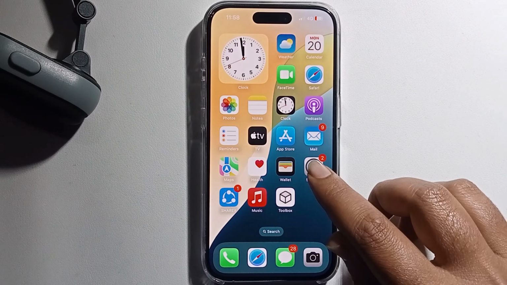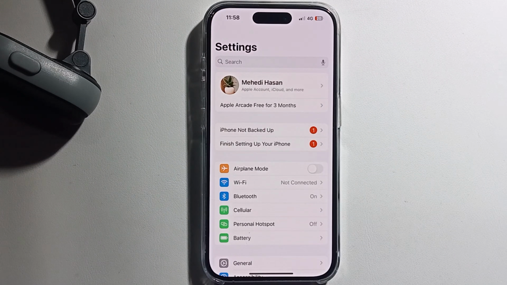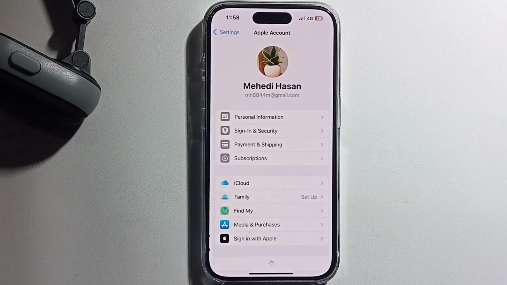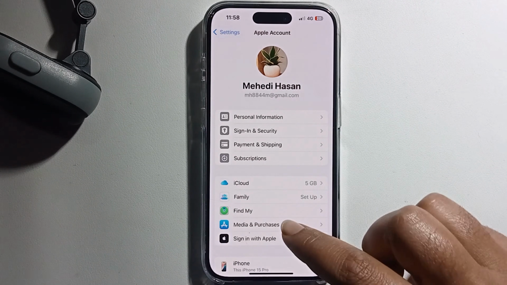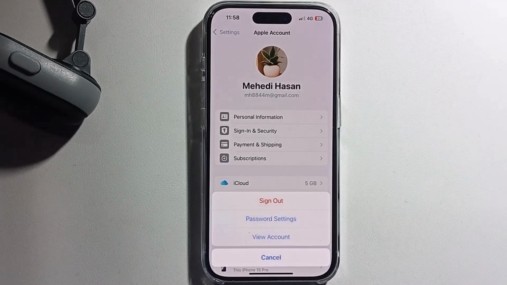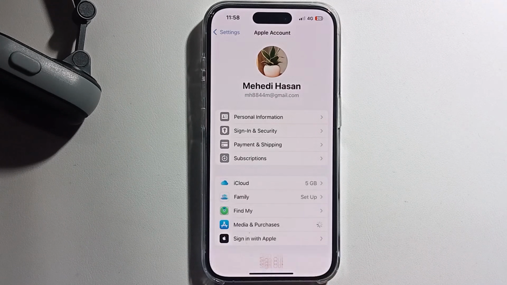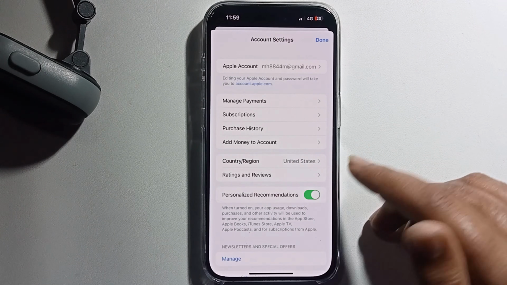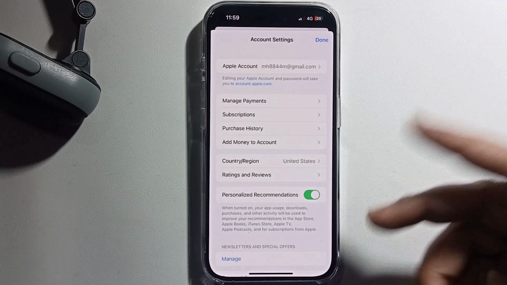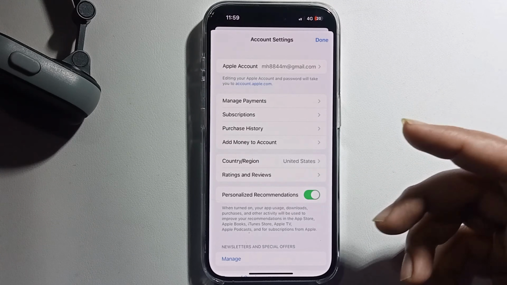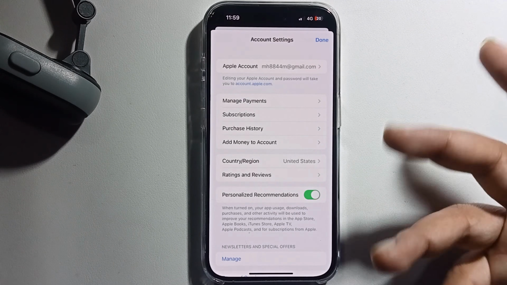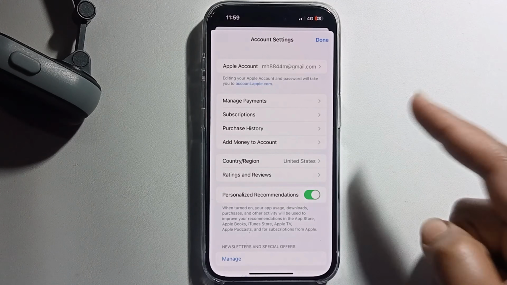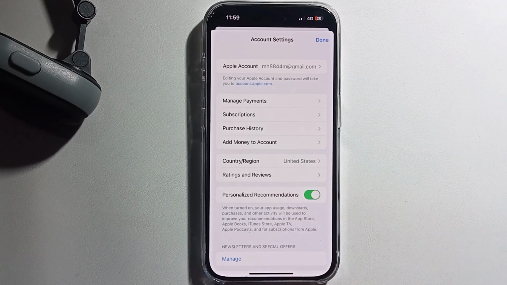At first, open Settings, click on Media and Purchases, View Account. So look here, I'm living in the United States, so this is the main problem. Recently the United States banned the TikTok app, so you just need to change this region